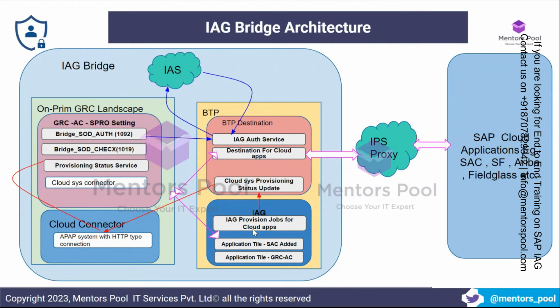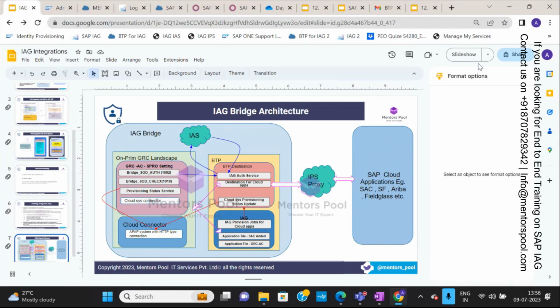So in IAG, whatever provisioning jobs are done, you get a report. This report will be consumed by the cloud system provisioning status update destination, which we will create in our BTP platform. This communication of provisioning status update will happen through the cloud connector. That's where we integrate this GRC with IAG using the cloud connector, and we have done this in detail. If you want to have a look,